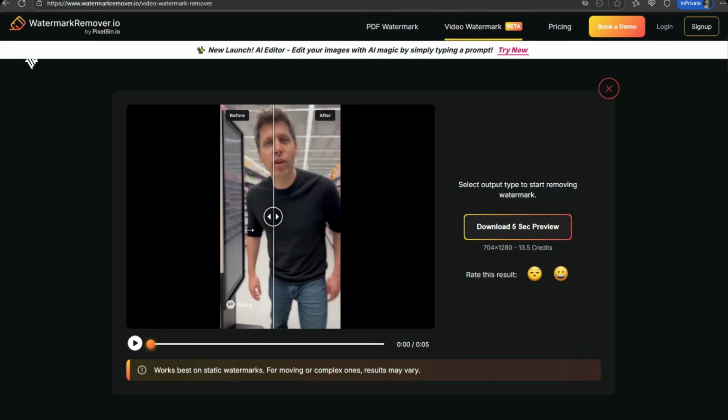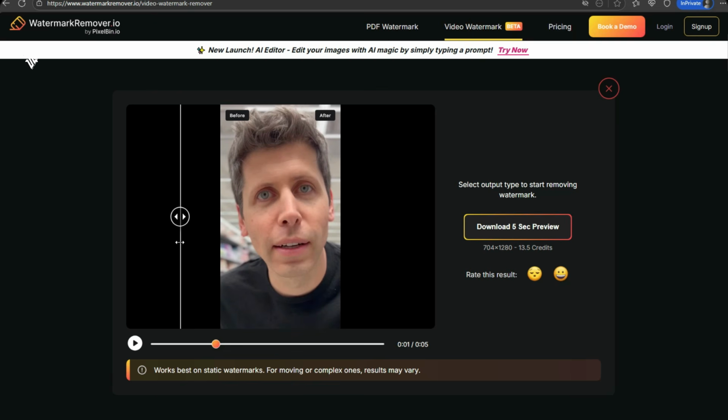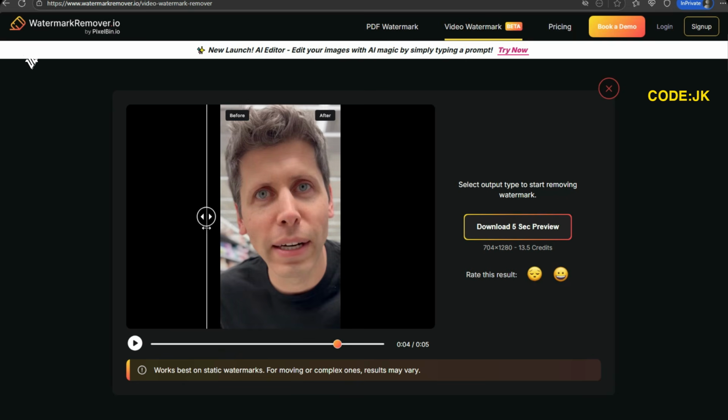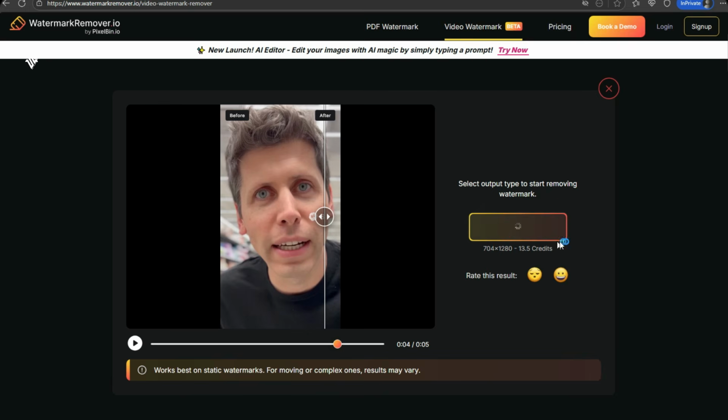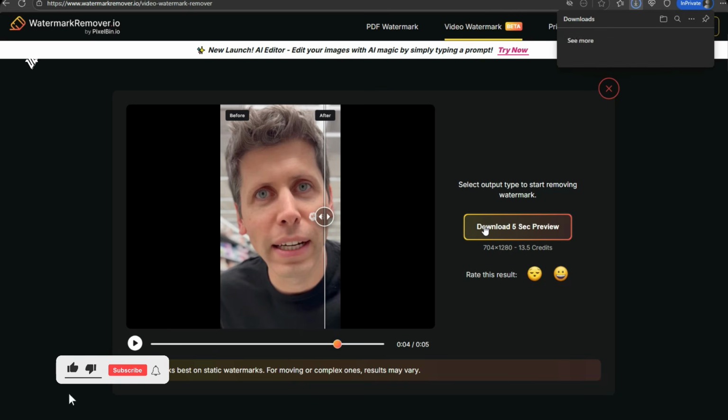It's downloading, and you can see the before and the after. In the after, there's no watermark on it. You can see the before, with the watermark, and the after, no watermark. So you've removed the watermark. Now I'm going to click on download 5 second video, and it's going to download without signing up or logging in. So these are the 3 best sites you can use to remove watermarks seamlessly on your videos or